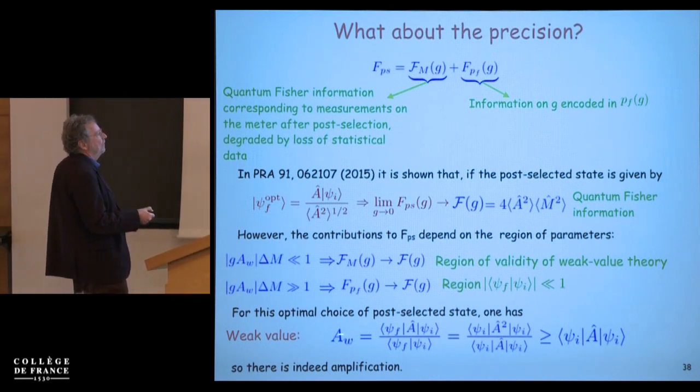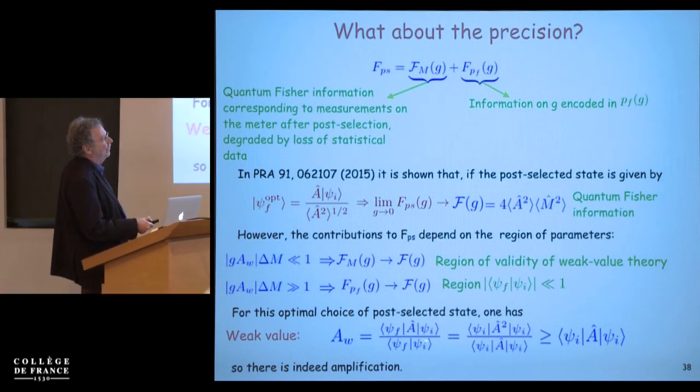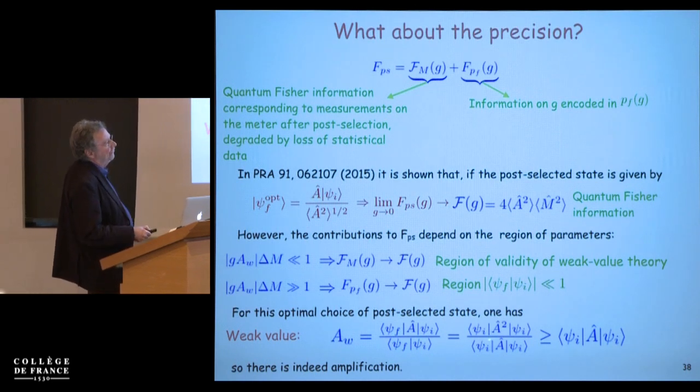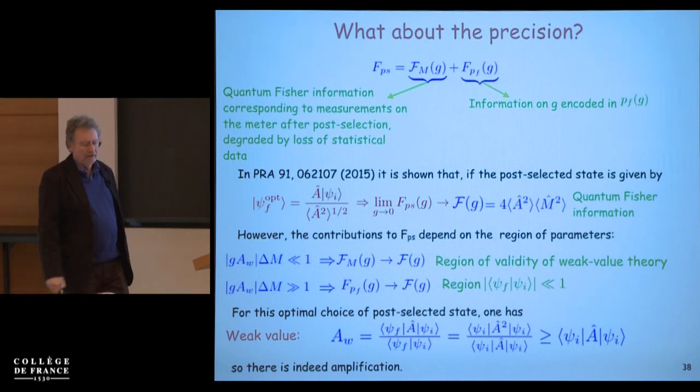Furthermore, if you look at the weak value, which remember is given by this expression, and you replace psi f by this expression, you get this. And this is larger or equal than the average value of A. Okay? That's a simple inequality. And that means that there is indeed amplification for this choice of psi optimum. Okay? So the weak value is larger than the average value of A. Okay? Now,